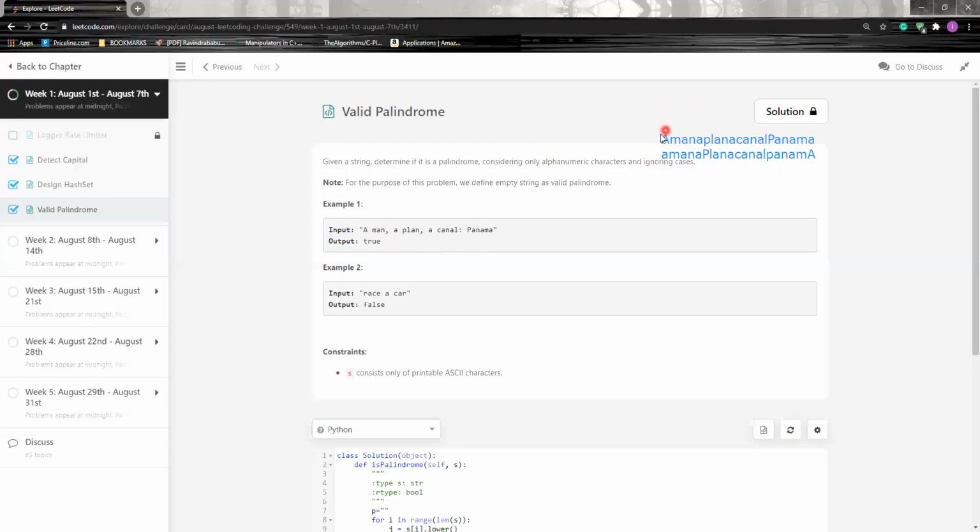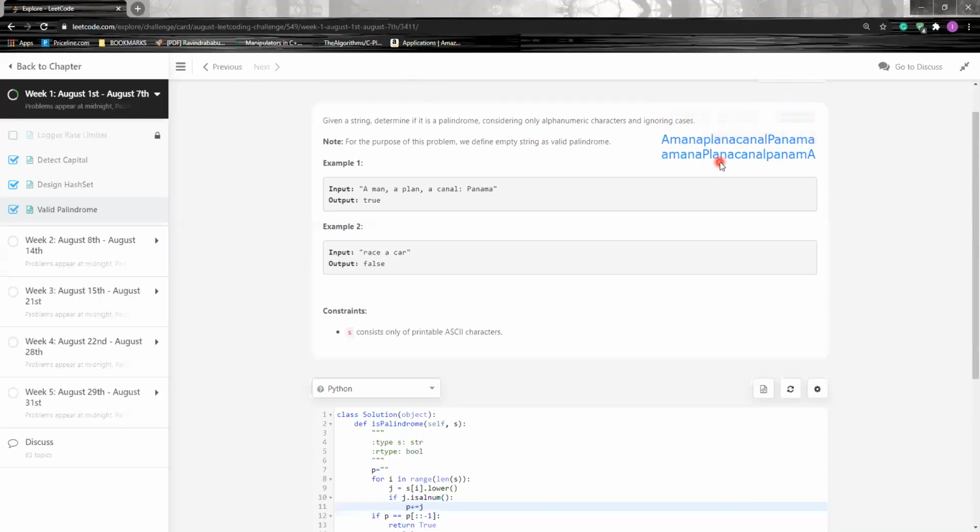If we observe these two strings, we will see that they are not palindromes because of the cases. See here, it is capital A, it is small a. It's capital P, it's small p. So if we ignore these cases, then both strings are palindromes. For ignoring cases, we have two choices: first, we can convert all lowercase letters into uppercase letters, or we can convert all uppercase letters into lowercase letters. Here I am considering the case in which I convert all uppercase letters into lowercase letters and then